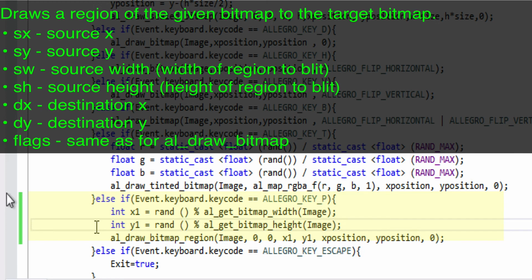For the P command, I'm generating an XY location. And this XY location is I'm drawing a bitmap region. So I'm drawing the image and I'm starting at 0, 0, but my end position is saying I'm going to draw from 0, 0 to wherever the X and Y position is. So I'm drawing only a portion of the rectangle of the position,